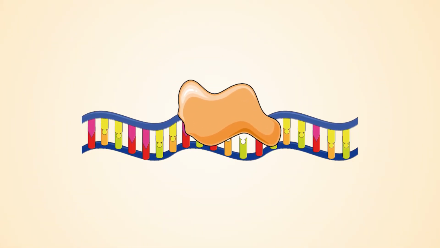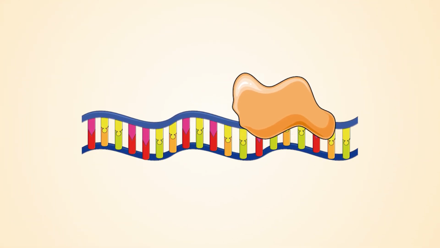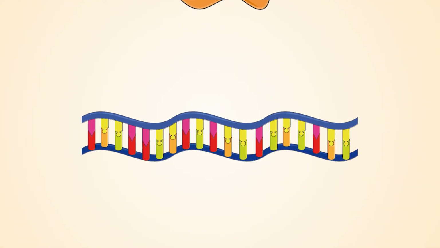Then another protein called DNA polymerase comes and adds the missing DNA strand again, which is then connected to the remaining DNA. With DNA repair mechanisms, we can minimize the number of mutations, and without them we would not be able to live. But of course, no system is perfect. Sometimes DNA repair mechanisms might fail, which leads then to the accumulation of mutations.